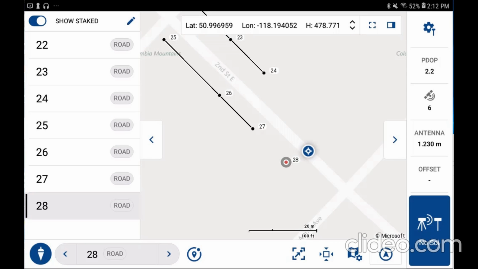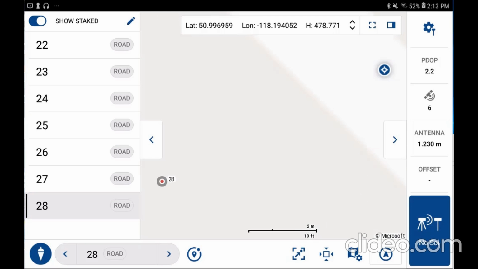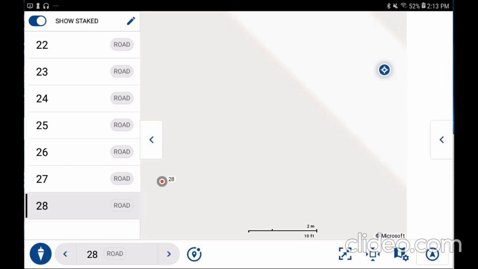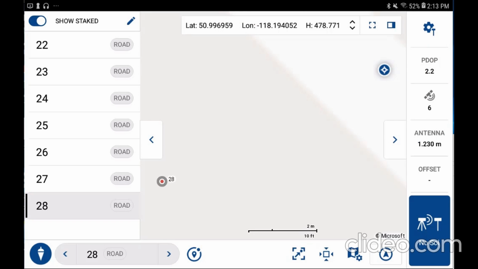This Zoom Extents button here zooms to a level where it shows the difference between your current position and your staking destination. And this little graphical icon here also gives you another graphic to make it easy to find things in a cluttered map view screen. Once we are staking, all we have to do is open up the instrument toolbar, and you'll see the